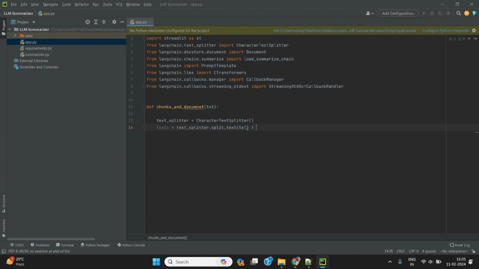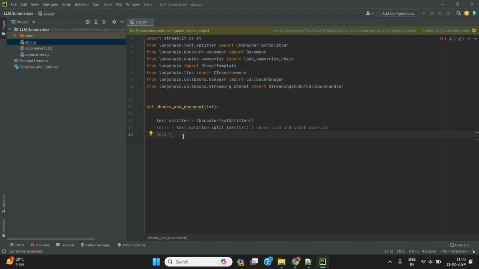Basically in this text splitter we have two parameters, chunk size and chunk overlap. Those who didn't see the previous part, just go to it, you will get to know about these two things. Next, once the text is split, we need to convert this into docs. So I will be making use of Document to do that. But as this split text will be multiple chunks, so we need to